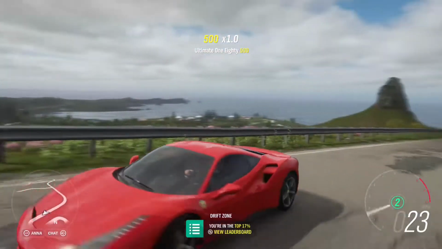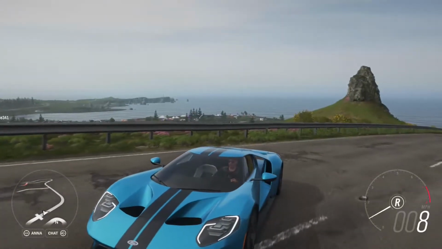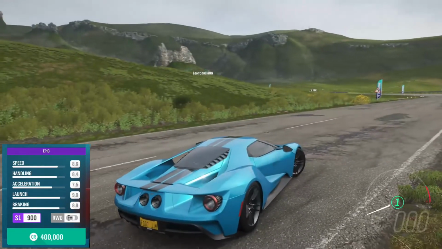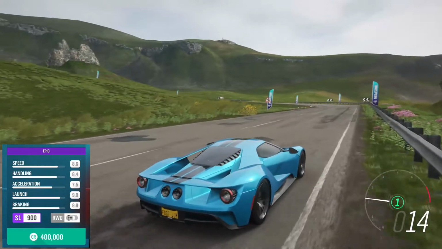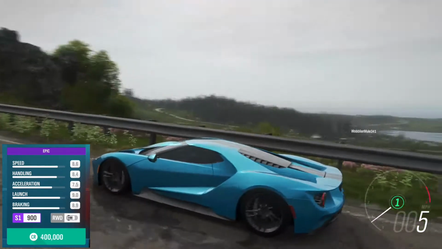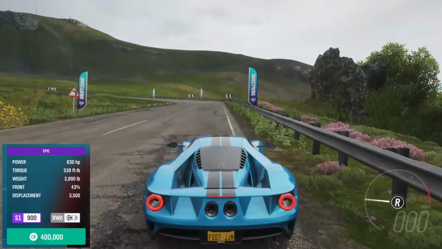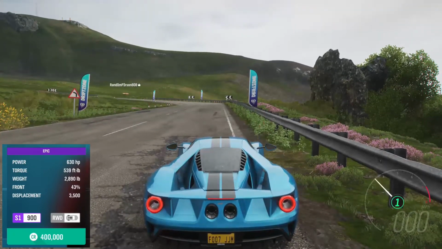So now we bring in the Ferrari's main competitor, which is the Ford GT 2017. Now this Ford GT has an 8.6 speed rating, 8.4 handling, 7.5 acceleration, 9 at flat in launch, and a braking at 8.9. It also has a very flat S1 rating of 900, and it is also rear-wheel drive. Now this Ford GT has 630 horsepower, 539 foot-pounds of torque, and it weighs way less than the other cars so far at a